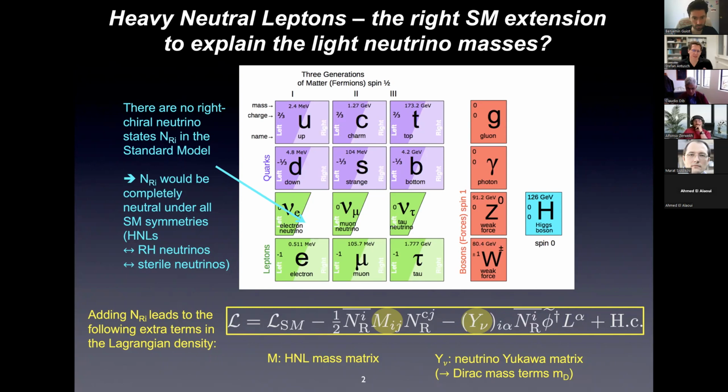As this diagram shows, such particles do not exist in the standard model, but if we introduced them, we would get two extra terms in the Lagrangian in addition to the standard model. The first one would be a Majorana mass matrix for these right-handed neutrinos. The other one would be a neutrino-Yukawa coupling them to the Higgs and to the lepton doublets. As you all know, if we had these extra terms,